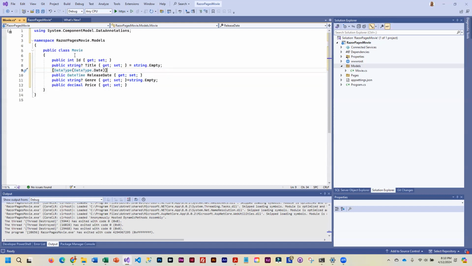Okay, and we are going to be adding other data to annotations a little bit later, so you will be seeing a couple more. Once we have our class, I'm going to save. And at this point, we can actually, and this is what is so cool about Entity Framework and Razor Pages